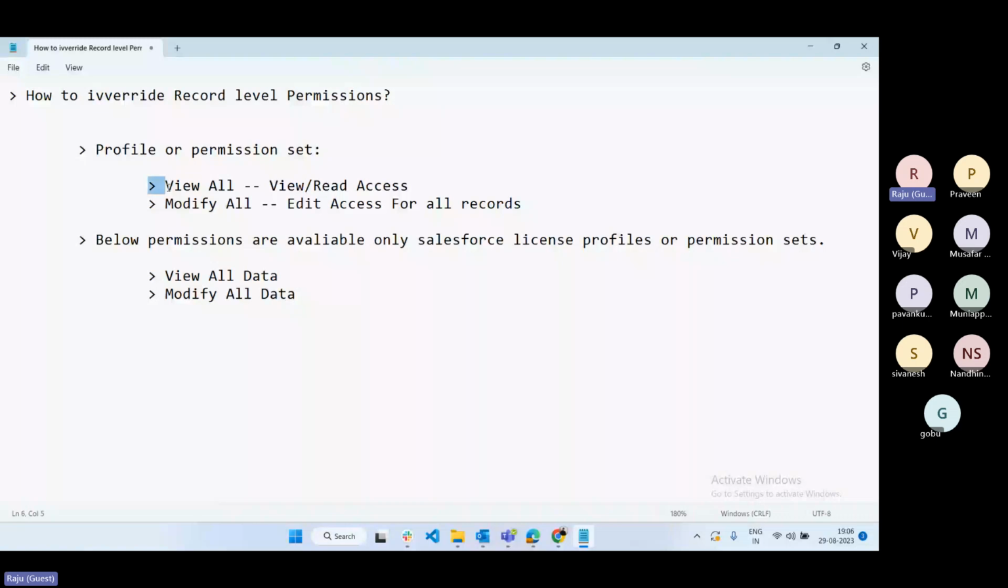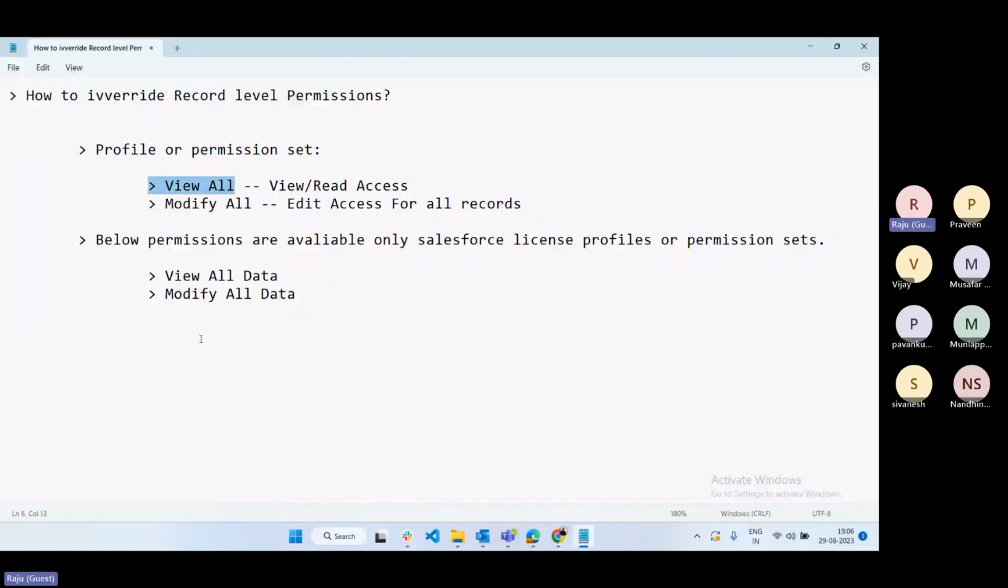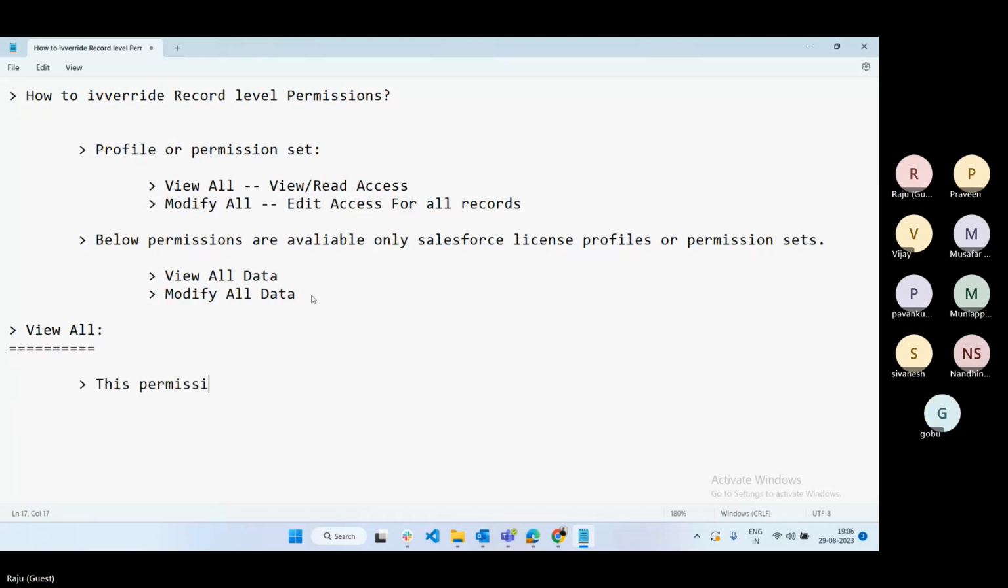So first we are going to discuss view all. View all data, I think we already discussed theoretically, that is enough. If you want practically, you can check later as well. Right. So view all data is nothing but, this permission is available for both Salesforce and Salesforce Platform profile users. And also, if this permission is enabled